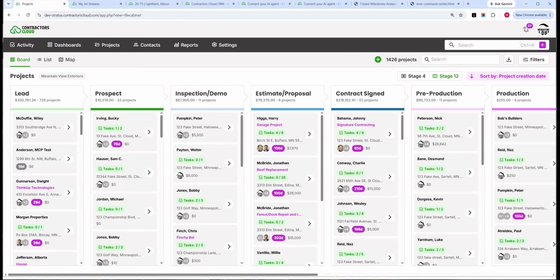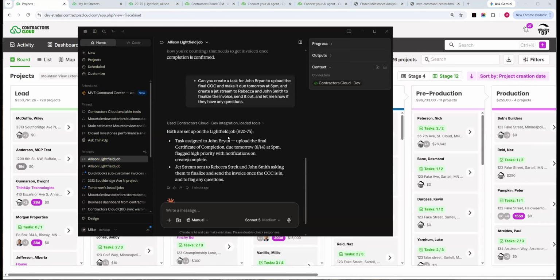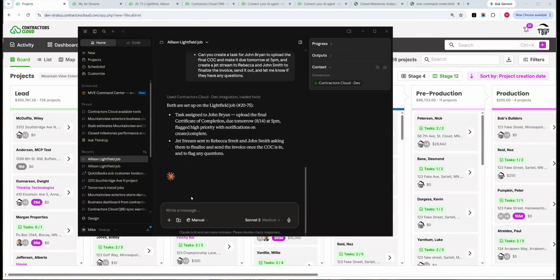But if you're out on the road or you're just walking and talking, and don't want to get in the platform, there's all kinds of great stuff that you can do just by asking it to do it. A third one even would be